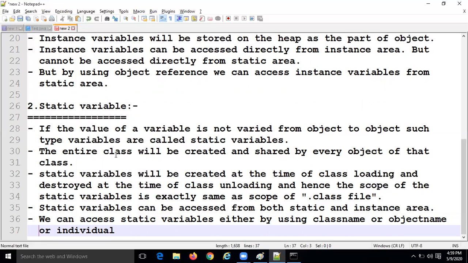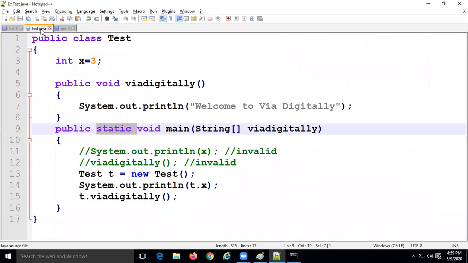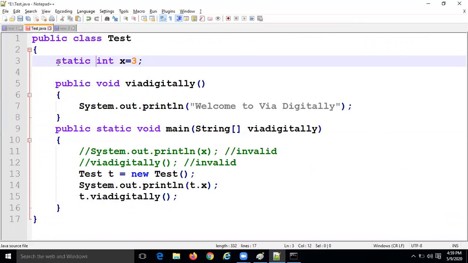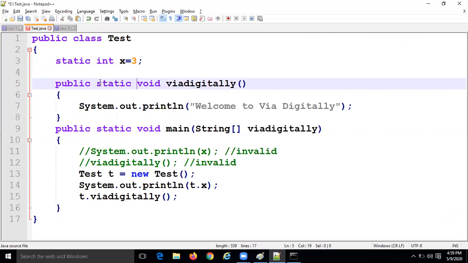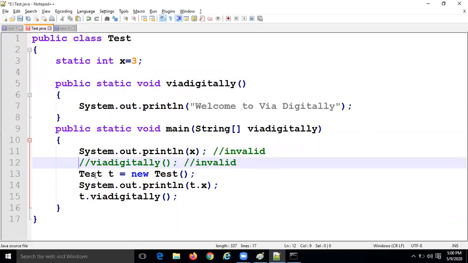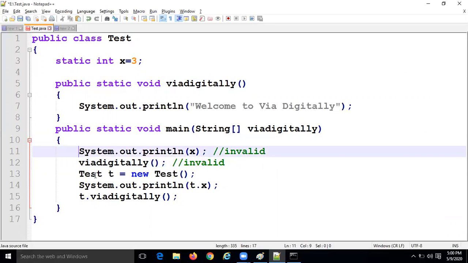Let me prove this practically. Let me create the variable as static, and this method also static.